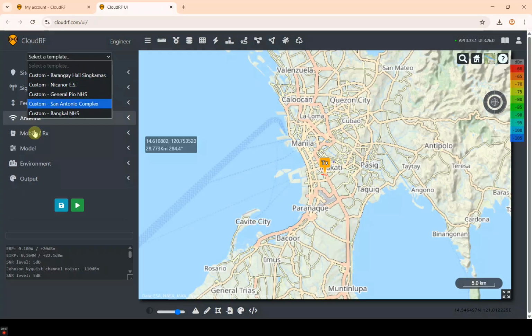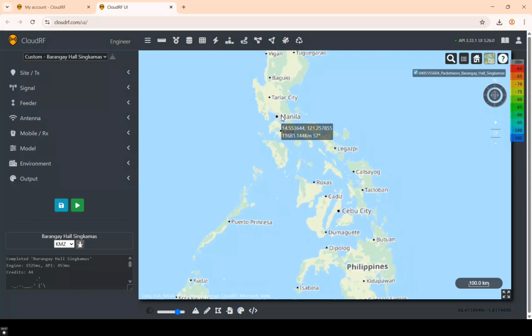So as you can see, we're now back to the start of this, but when we open the template tab, we are seeing the Barangay Hall Singkamas, Nicanor, General Pio, San Antonio Complex, and Bangkal, which we have saved a while ago. So if you just choose any of these,